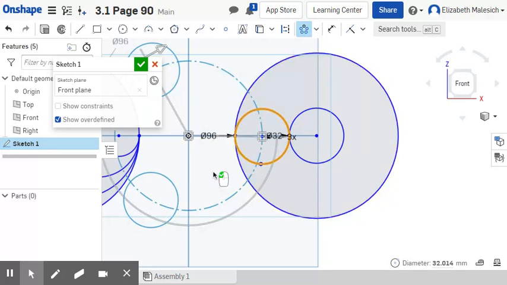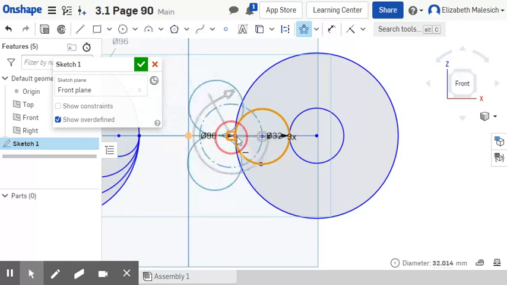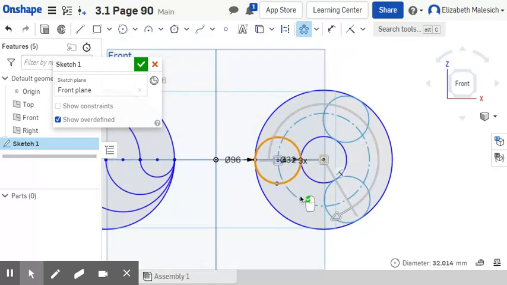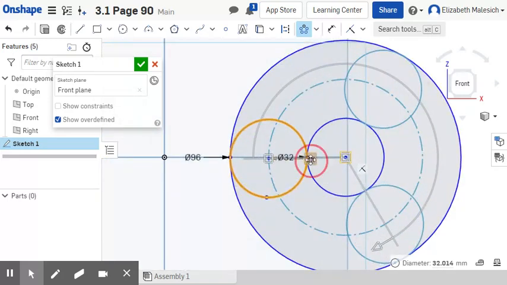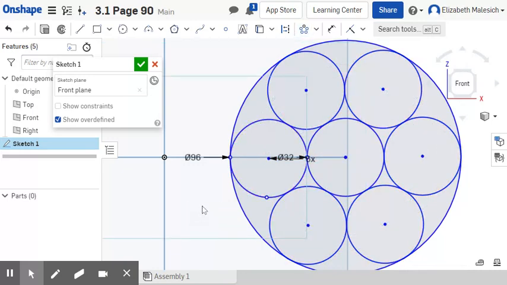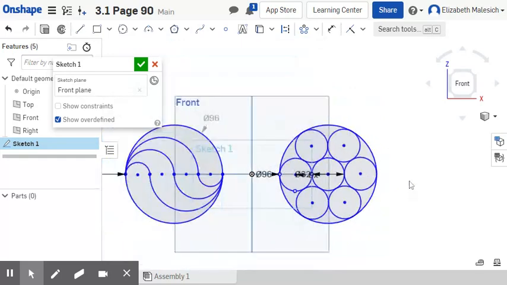And it puts it way out here in the center of the work plane. So I have to drag this center point over to the center point of my circle. And then it's asking me a few things. It says, how many times do you want it? I want it 6. And then it's perfect. So I could come out here and just click on nothing as a check mark. And voila, I got it. So I'm going to